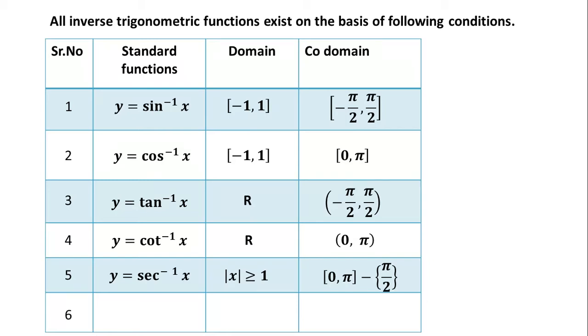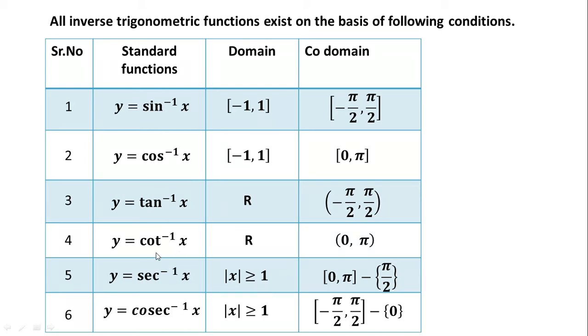And sixth one, y is equal to cosec inverse x. Its domain is modulus of x greater than or equal to 1 and the codomain is the closed interval minus pi by 2 to pi by 2 minus 0. Zero is excluded from that interval. So all of you remember what the standard inverse trigonometric functions are. So these are the 6